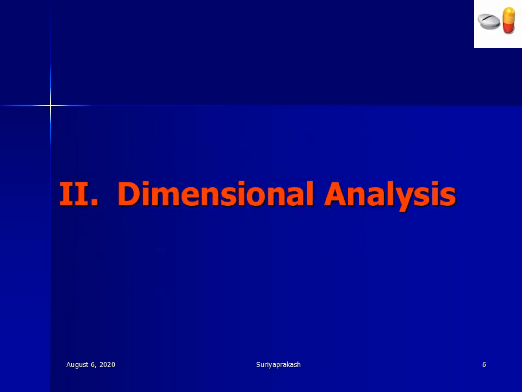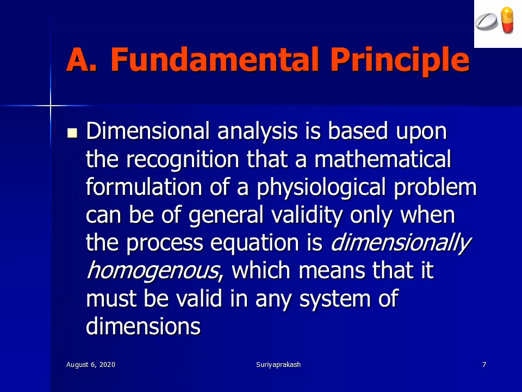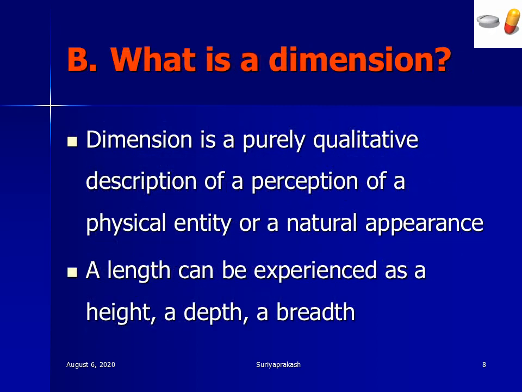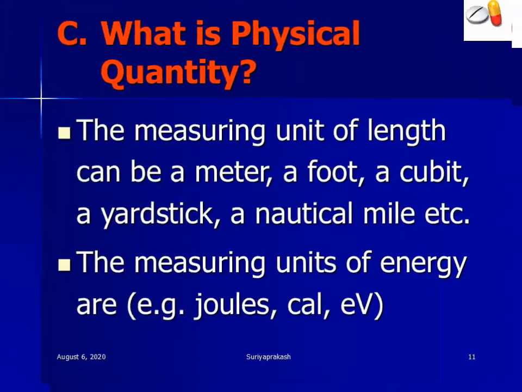So dimensional analysis, I am not going to take much time on dimensional analysis. It means the units which we are going to use in this chapter or anywhere else should be dimensionally homogeneous. SI system, CGS system, MKS system, whatever it may be, it should be dimensionally homogeneous. That is, the unit should be homogeneous. I'll go to the last slide so as not to take much time.